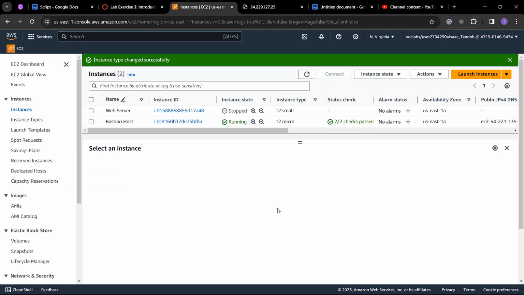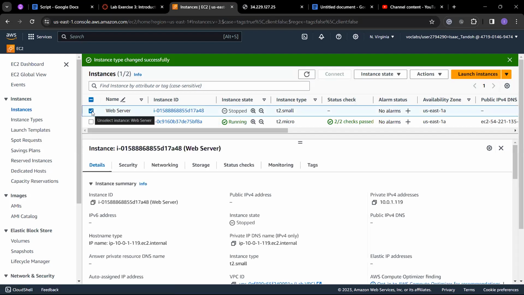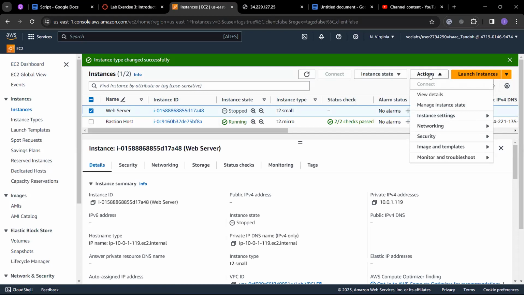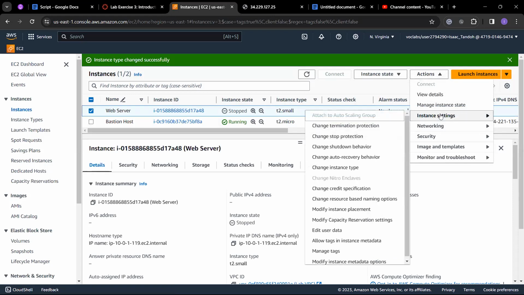For storage, the same thing. So select it again. Actions. I think instance settings. And